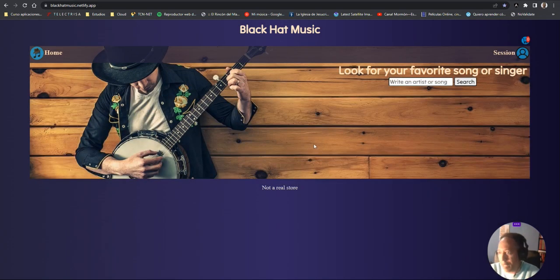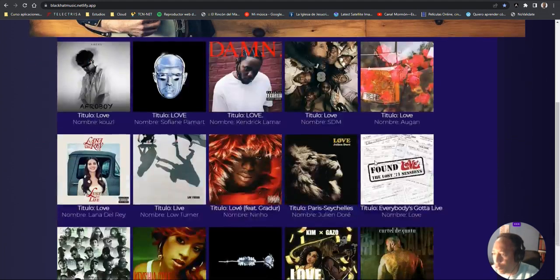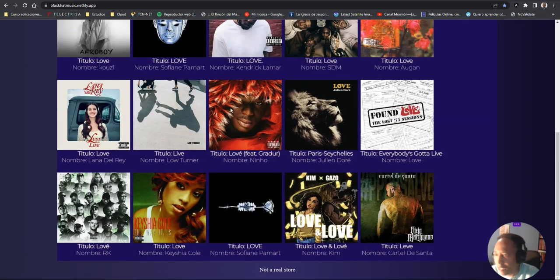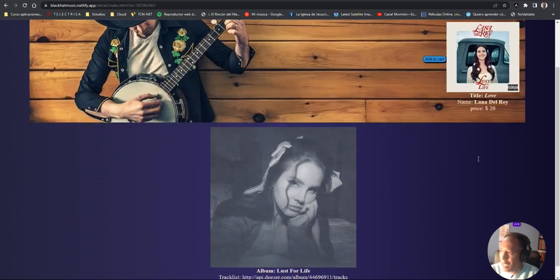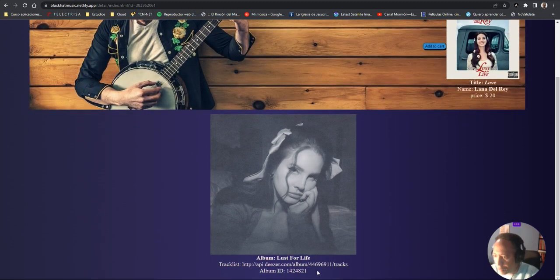This is a music page. We can look for and search for music or artists. So we have a main page with a field where we can write the name of a song or artist, and we hit the search button, and we have much information. We can select one of them, let's say this one, and we have another page with detailed information of the selected song. For example, we have a price, the name of the artist, and the album name, and